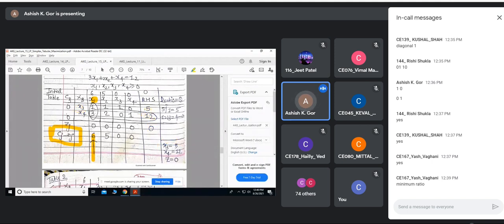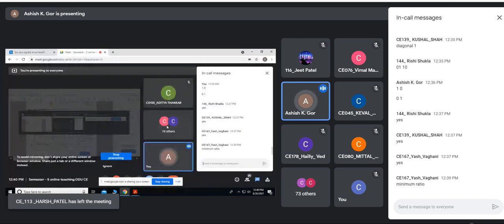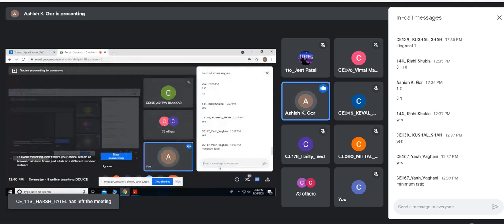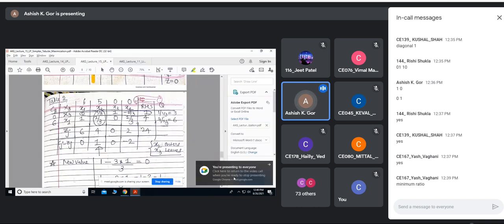How do you progress? You leave the variable corresponding to the minimum ratio. So this 4 is the minimum, so you leave this variable. So x4 will leave, x1 will enter. This is a trick. Yes, the minimum ratio rule. This is called the minimum ratio rule. So enter the variable with maximum Cj minus Zj and leave the corresponding variable which has the minimum ratio. And this way you do iterations.